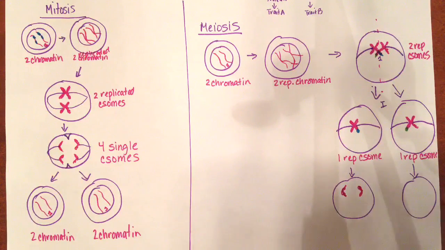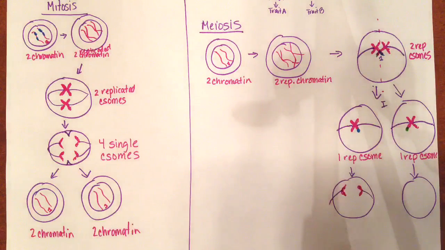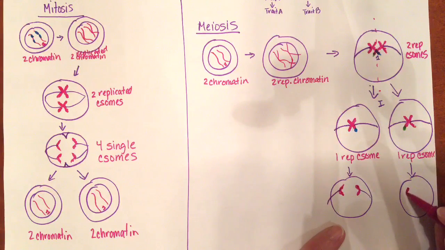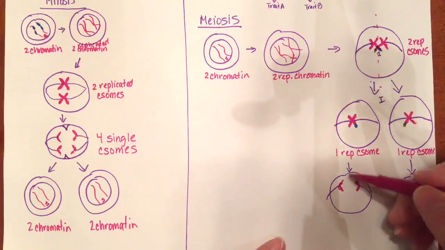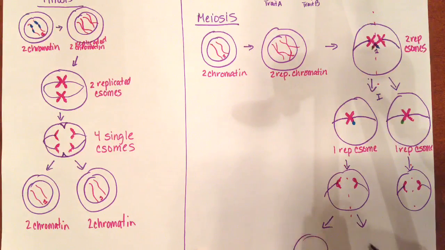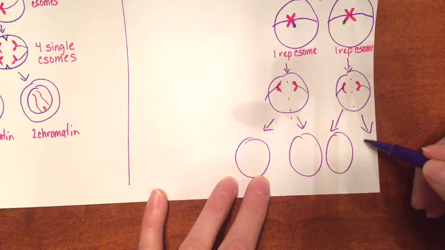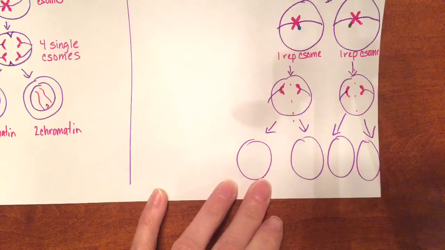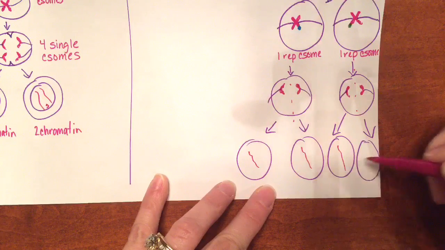So these guys are being separated. This side is going to this side, and the same thing is going on over here. The chromatids are separating. And the cell is eventually going to divide in half, and the chromosomes are going to unravel. So we get 2 cells here, 2 cells. I'm running out of room here. 2 cells here, and this unravels and becomes chromatin again, chromatin, chromatin, chromatin,